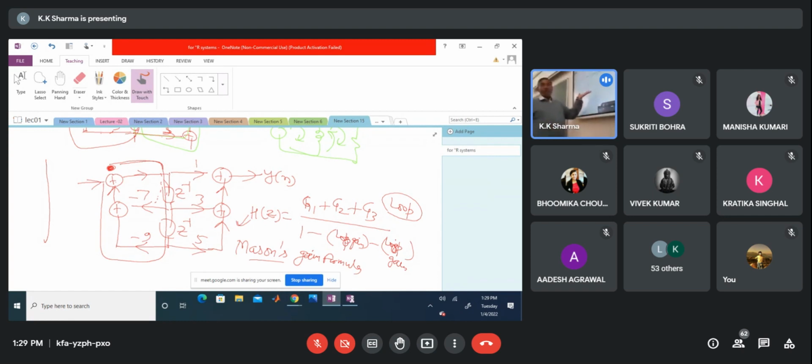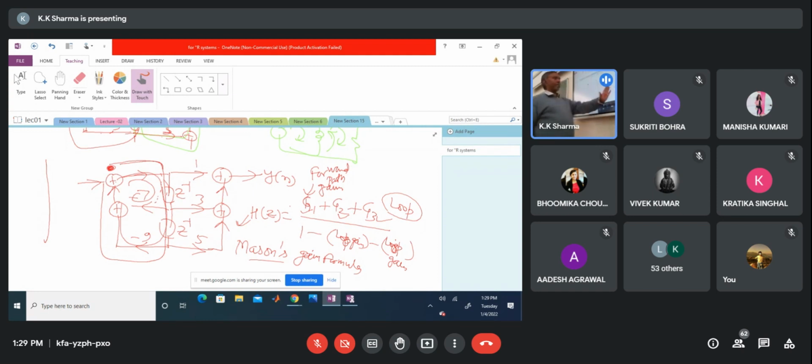तो डायरेक्टली यदि मैं सिग्नल फ्लो ग्राफ देके ट्रांसफर फंक्शन पूछूं तो क्या करोगे? समेशन ऑफ ऑल दी फॉरवर्ड पाथ गेन्स. These g1 g2 आर दी फॉरवर्ड पाथ गेन्स. फॉरवर्ड पाथ नंबर 1, फॉरवर्ड पाथ नंबर 2, फॉरवर्ड पाथ नंबर 3. देयर आर 3 फॉरवर्ड पाथ्स. And then you find out the loops there in the signal flow graph. This is the first loop, this is the second loop. Okay?